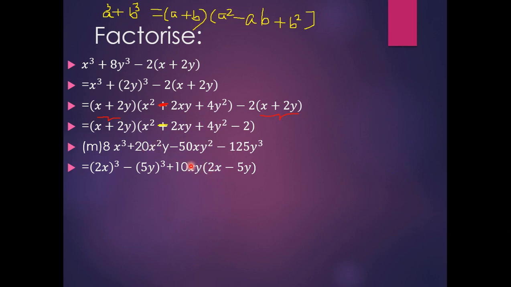From x square, if you take out x, x remains there, because x square means x times x. So if one x comes out, then another x remains inside. A y has already come out, so 2x only will be there. Minus as it is, 10 can divide 50 5 times, 10 5s are 50. From this x has already come out, from y square y has already come out, so y remains here.